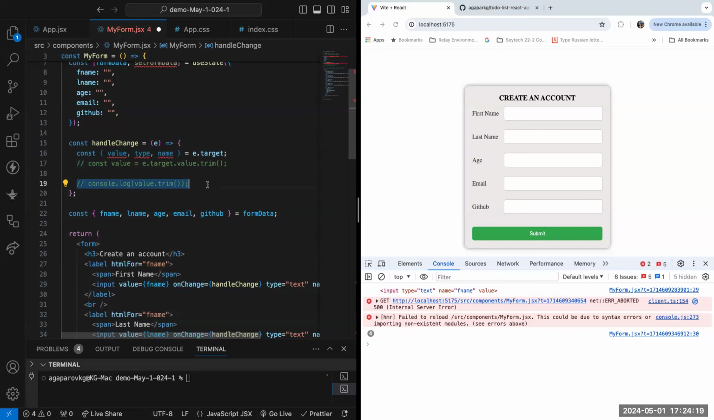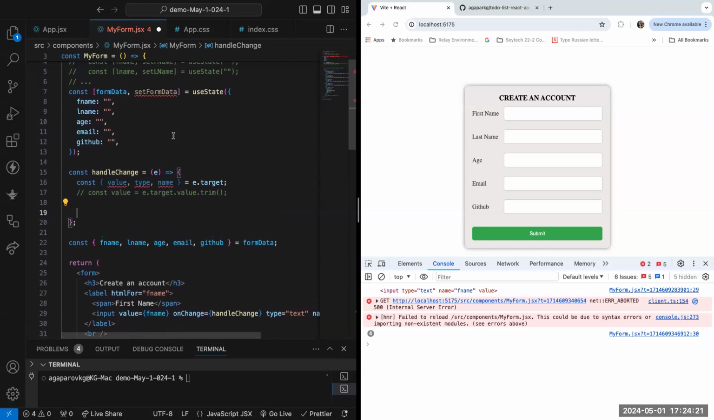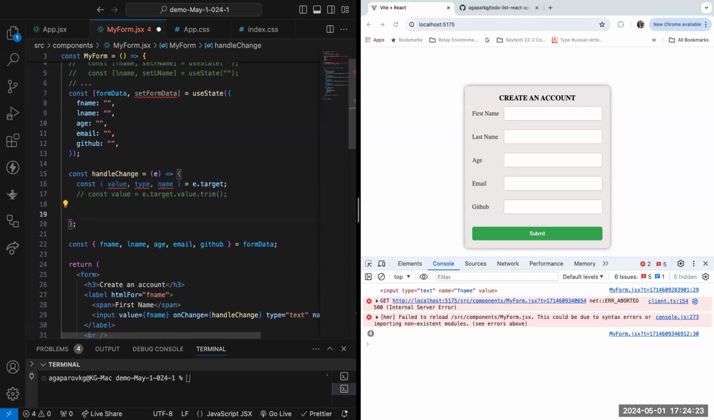So how do we dynamically update? When we set form data, we're basically sending out an object, right? So basically overriding this whole object. We need to send an object. So when we send out an object, we should not do it like this. Send out only one